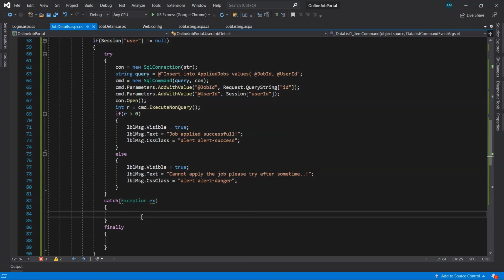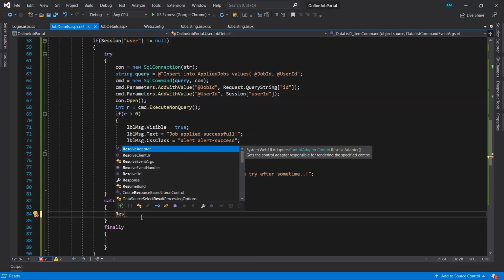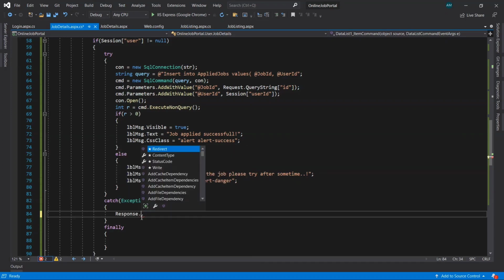Here in the exception, Response.Write, into double quotes, we'll take a JavaScript alert. For that we need to write a script tag.